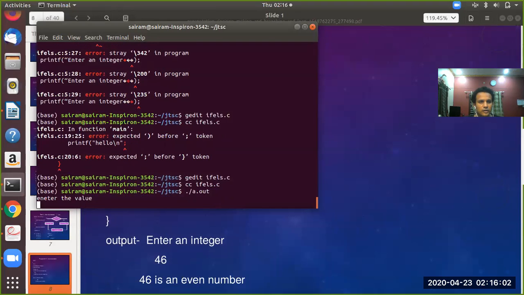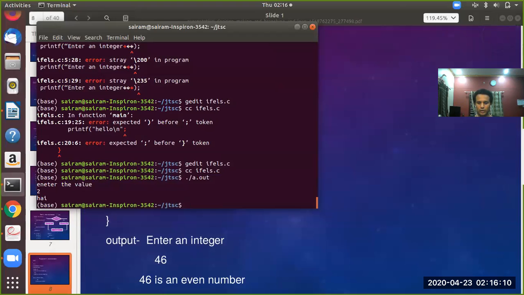You see, it is asking me to enter the value. If I enter the value 2, it will show hi. It has to show hi. Now it is showing hi. That means I entered value 2 and I am checking whether the value entered is 2. It became correct, so that is true. If is said to be evaluated to the true value, so it executed the statement that is present within the if block.